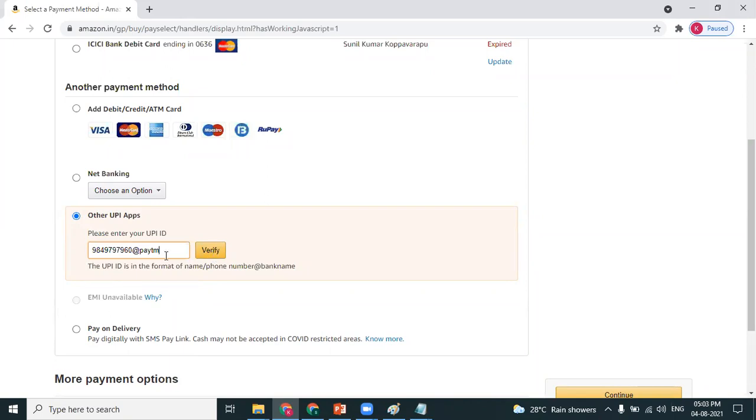A code gets triggered, and I get a notification in my Paytm so that I can proceed with payment.